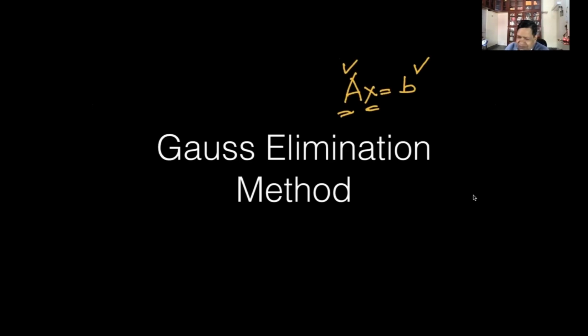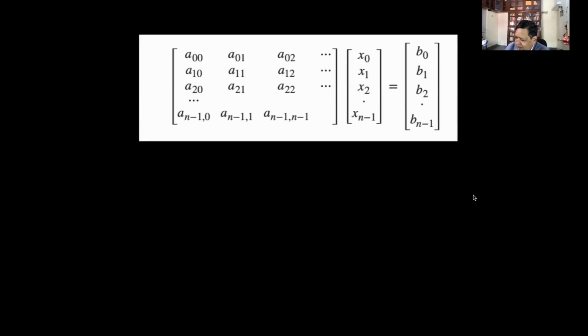With linear equations, we need to find unknowns. We can write matrix A in this way, A00, A01, like that. This is an n by n matrix. Of course we start with index 0, as usual in Python, and go up to n minus 1. The matrix A and the vector b are known, and x is to be found.